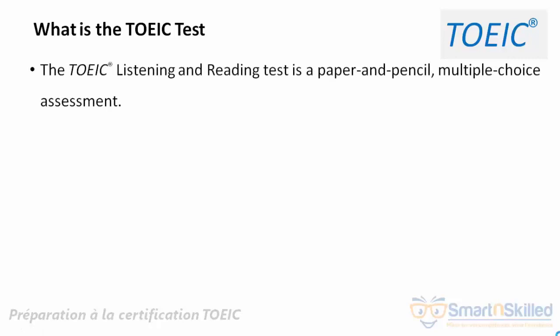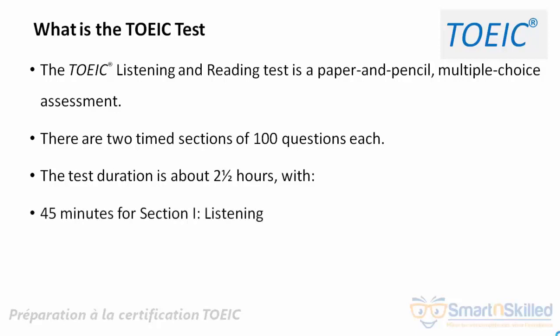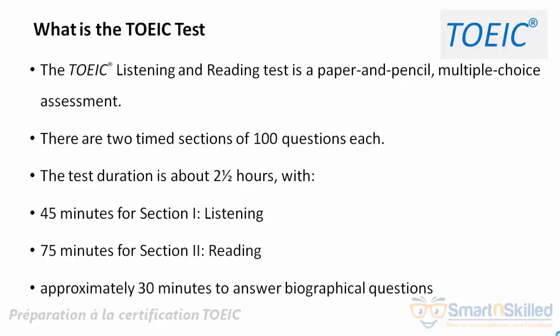The Toeic listening and reading test is a paper and pencil multiple choice assessment. There are two timed sections of 100 questions each. The test duration is about 2.5 hours, with 45 minutes for section 1, listening, 75 minutes for section 2, reading, and approximately 30 minutes to answer biographical questions. Okay, so